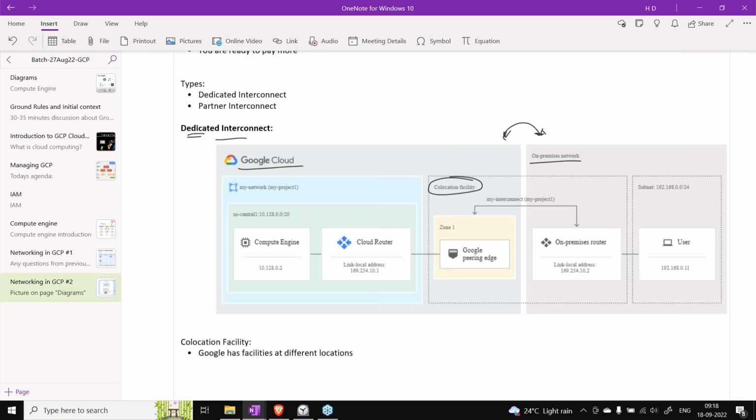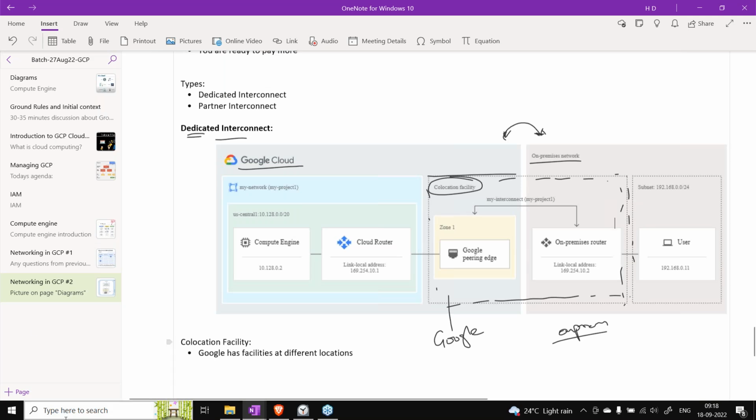If you see this dotted one here, you are basically sharing that co-location facility with Google. So this part is Google, this part is on-prem. You are sharing this facility with them.